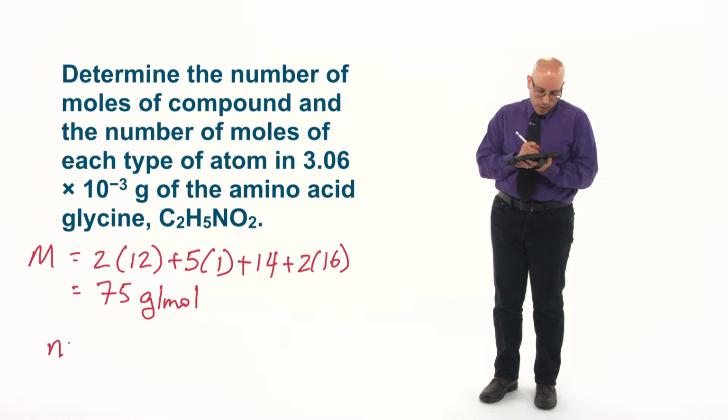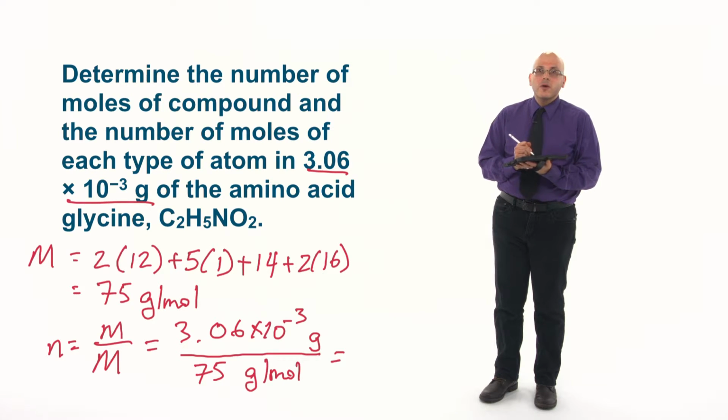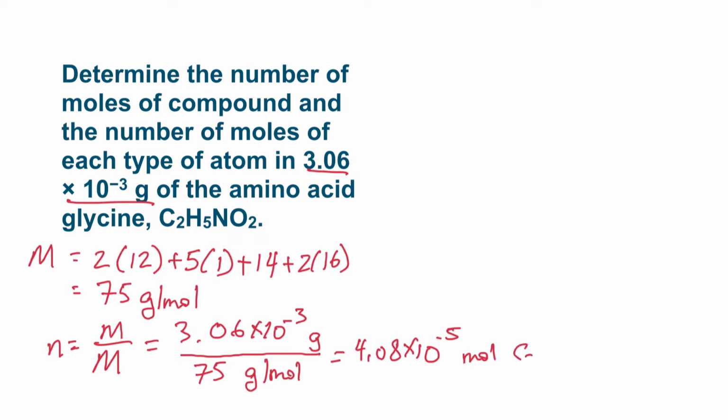So now that I know the molecular weight, I can figure out the number of moles. The way that I do that is I find the number of moles by taking the mass and dividing by the molar mass, or molecular weight. I know that the mass is 3.06 times 10 to the negative 3 grams, because that was stated in the question. I can divide this by the molar mass, which is 75 grams per mole. If I work this out, I get about 4.08 times 10 to the negative 5 moles of glycine,